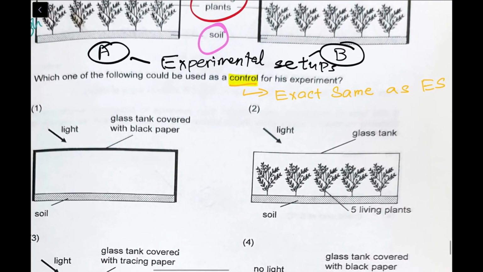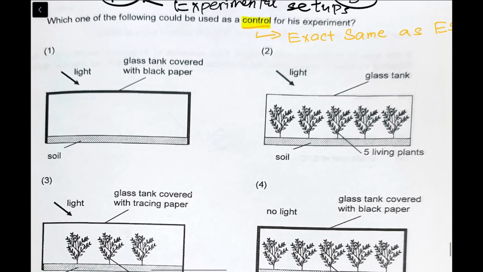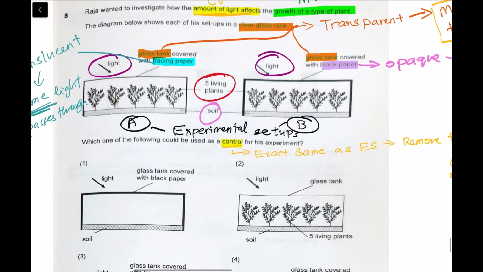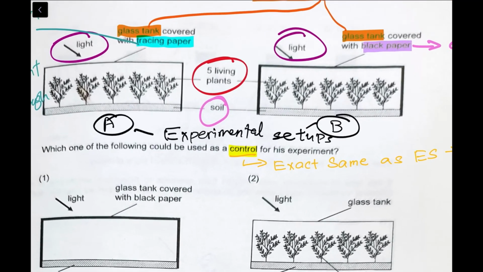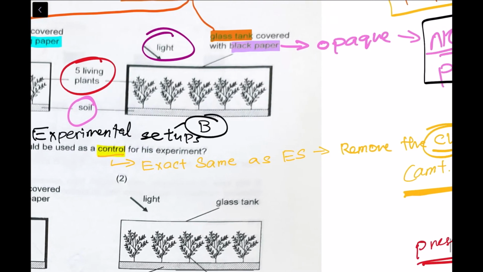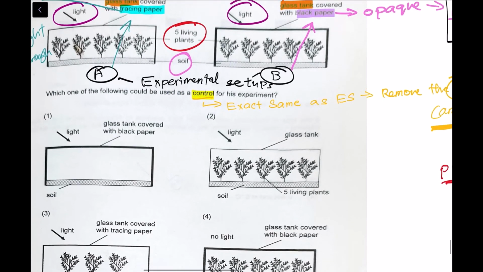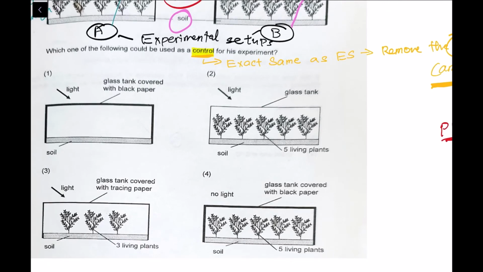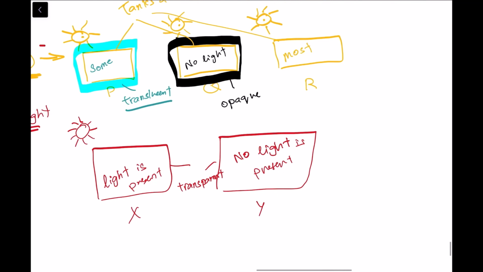So now that this is cleared, it would be quite easy for us to solve this question. As I wrote before, in a control setup, we remove the changed variable, which is the amount of light. In this case, the factor which is affecting the amount of light is the type of covering on top of each tank. In setup A we have a translucent piece of tracing paper. In setup B, we have an opaque piece of black paper, and this would mean that for the control setup, we need to remove these coverings, which would mean that the control setup would not have any covering on top of it. It would be something like setup R over here, where there is no piece of paper